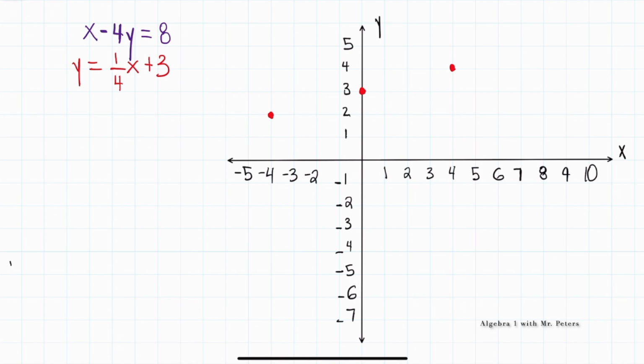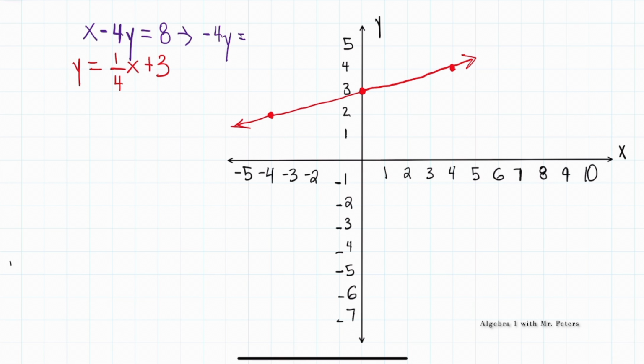So now what I do, I'm going to connect these points. Here goes our line for the first equation. Now with the equation in purple, I'm always going to tell you all, family, just put it in slope-intercept form because we'll be able to get exact points, okay? So when I put this over in the slope-intercept form, we know